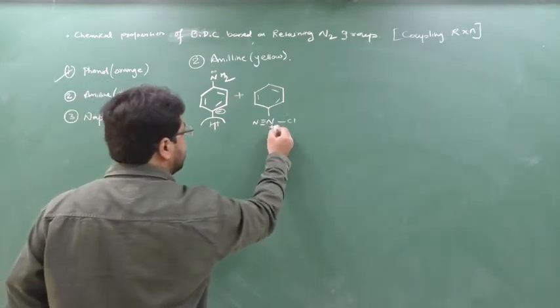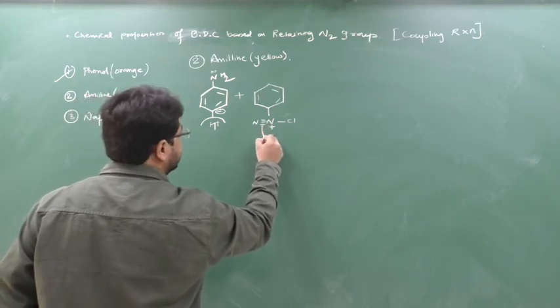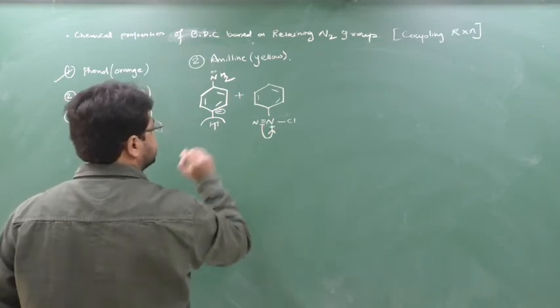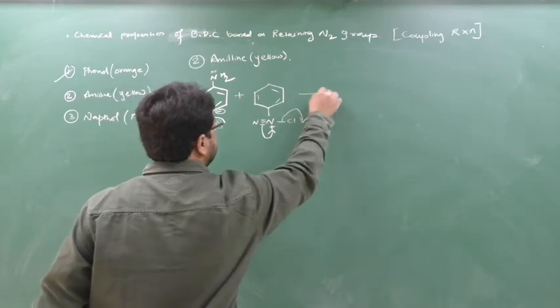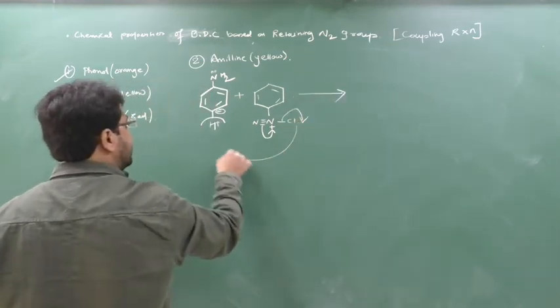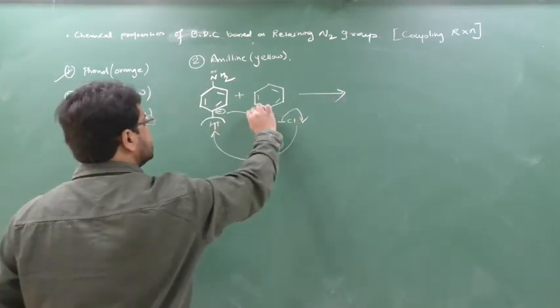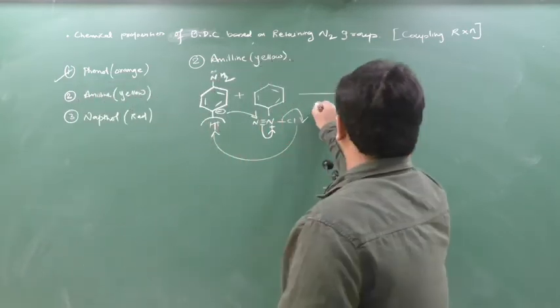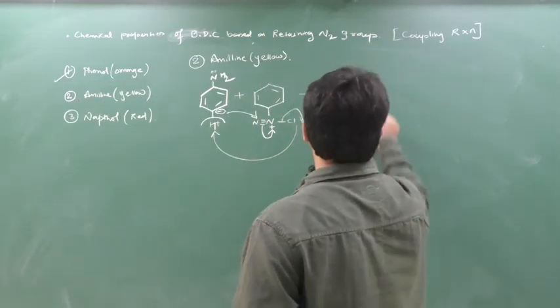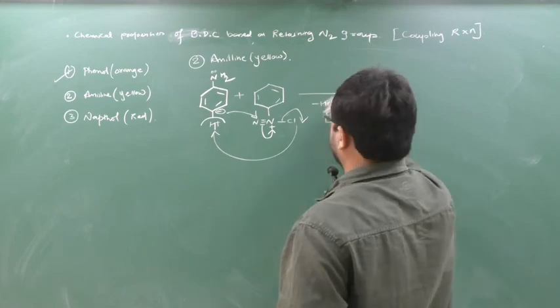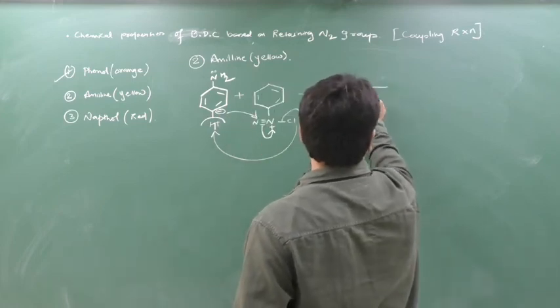This has a plus charge, meaning it is in need of electrons, so here triple bond to double bond. Here a slight positive charge will come, and here Cl will be removed as Cl minus. This Cl minus will react with this H plus, and this minus will come on this nitrogen. So here HCl will be removed. Now here coupling will take place. So here I am writing in this way.